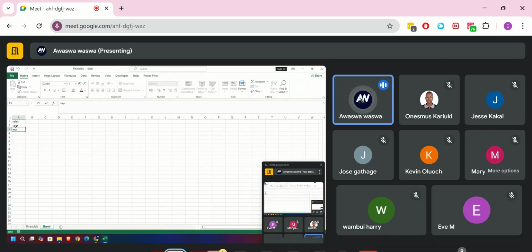Expenditures are almost the same thing. So after cost of sales, we have gross profit. After gross profit, you do your expenditures, and then from the expenditures, you get your net profit. After the net profit, you do your tax. This is just a simple one. And then after the tax,